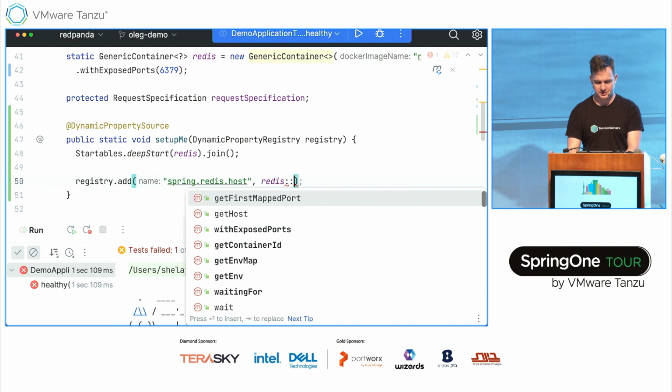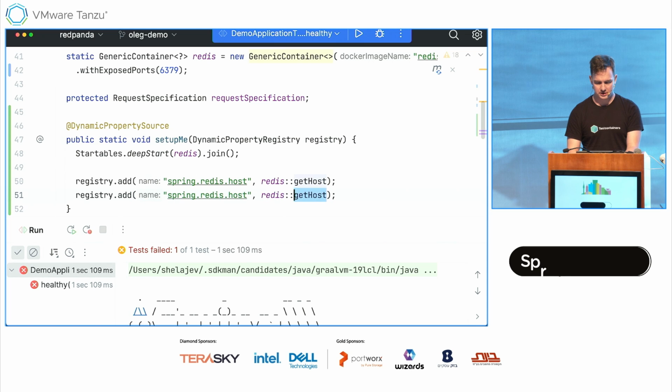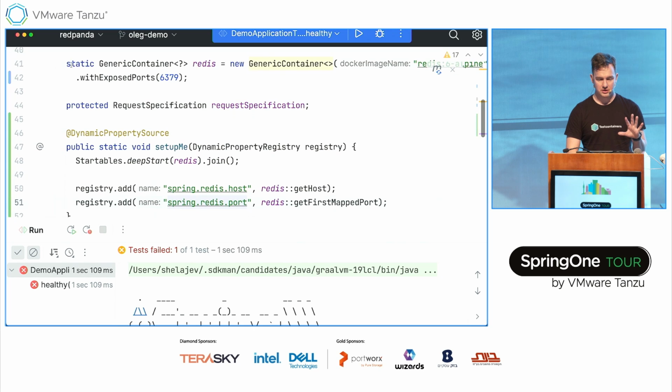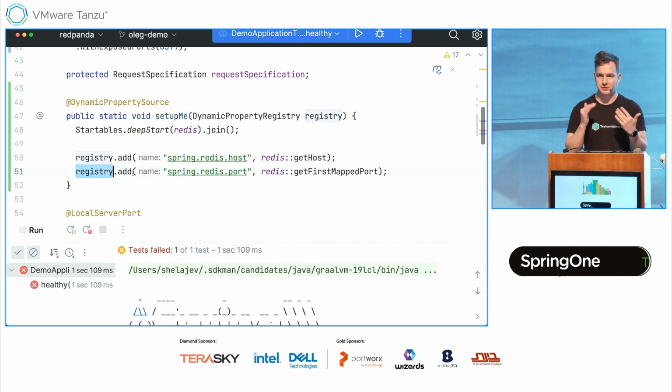Redis, I don't know where it's running. I'm going to just get the host from the container, right? Just like Quora showed us. And we're going to get the first mapped port, right? So this is the whole configuration that we need: one line for the declaration of the container, and five lines for making sure that Spring knows where the container